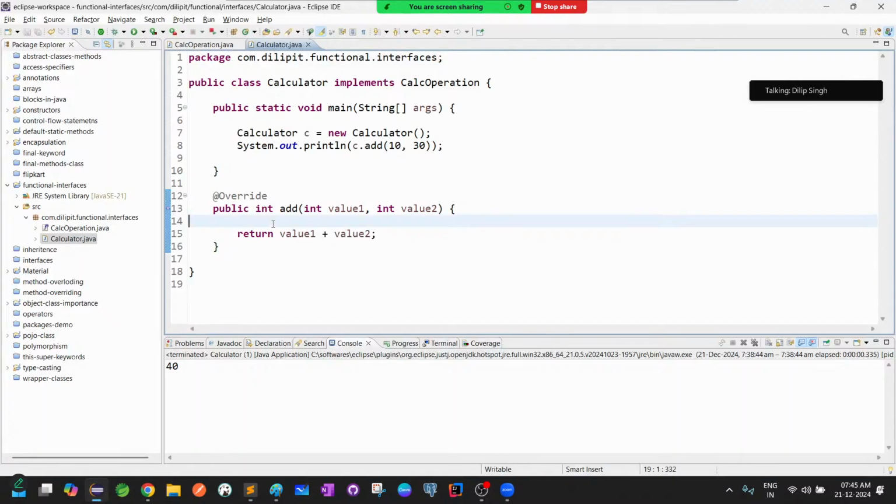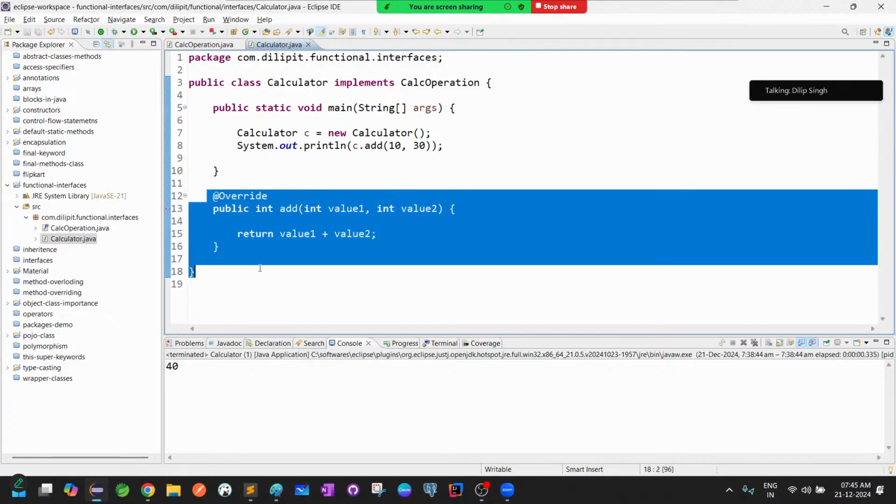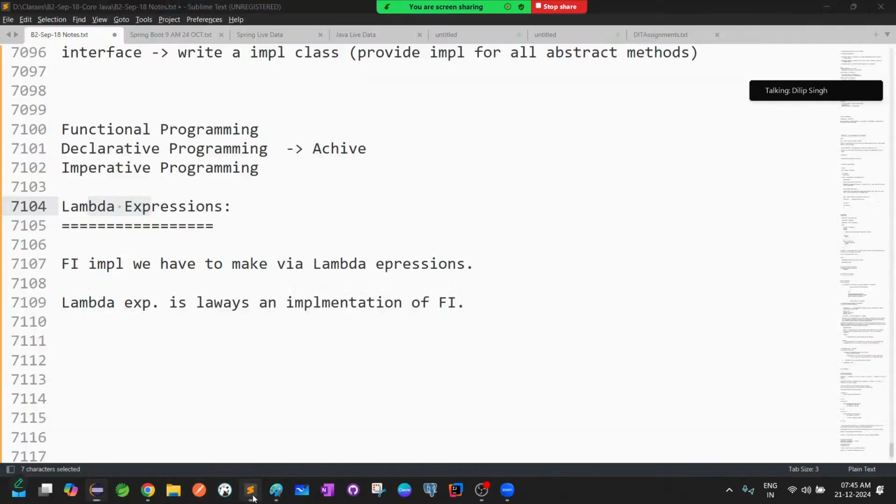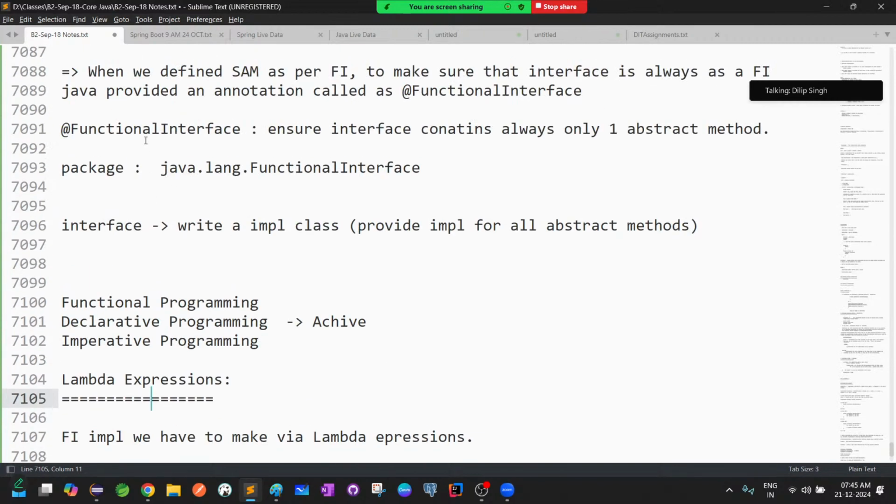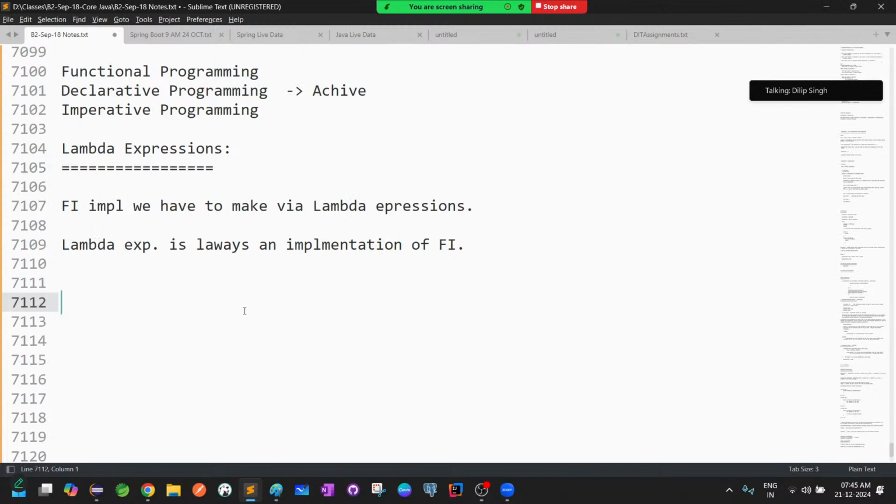If you are providing it in this approach, no one will stop you. Your program will work. But the thing is, it's not recommended. That is what I'm trying to say. What Java is recommending in this case is: whenever you have a functional interface as part of your application, whether a predefined functional interface or a user-defined functional interface, you have to make sure you provide the implementation by using a concept called lambda expression. That's why I said functional interface implementation we have to make via lambda expression